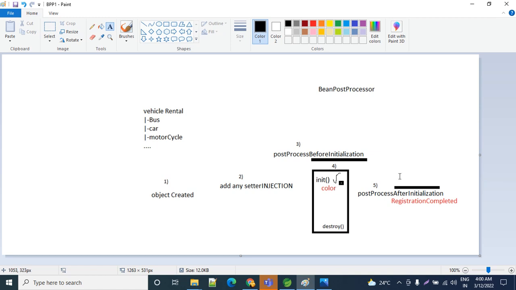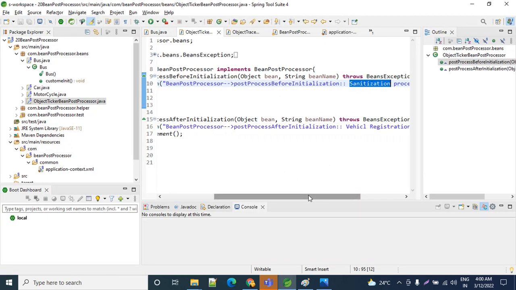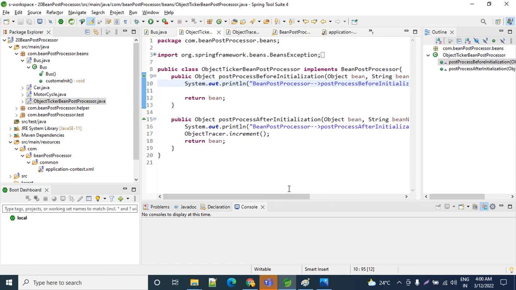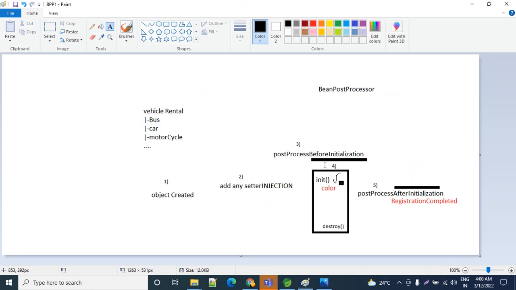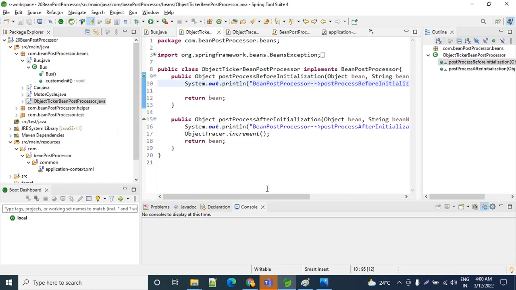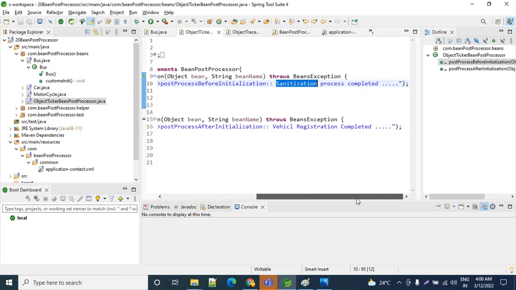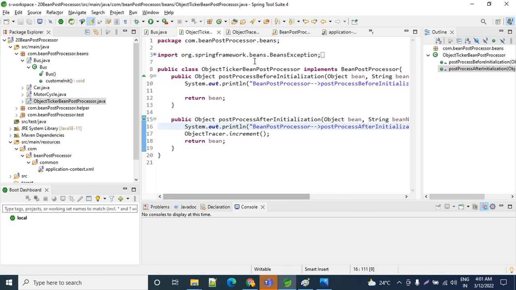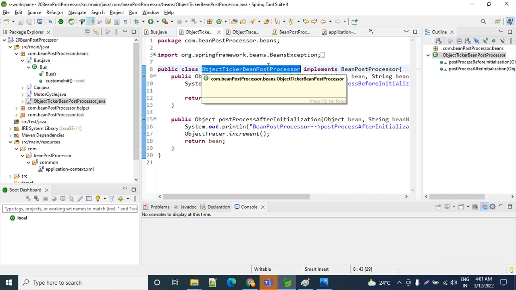And next one, before handing it over to the customer, we need to register that particular bus. So once init is complete, we need to perform the vehicle registration process. Even this vehicle registration process is completed. Now my bean is ready. A bean is nothing but an implemented class. So this I need to hand over to the